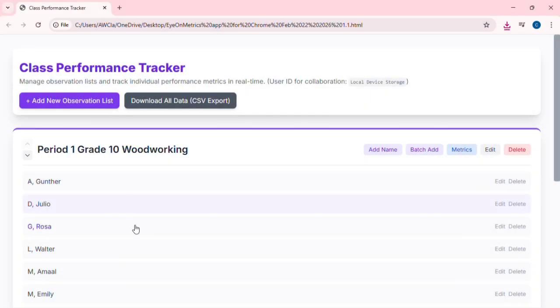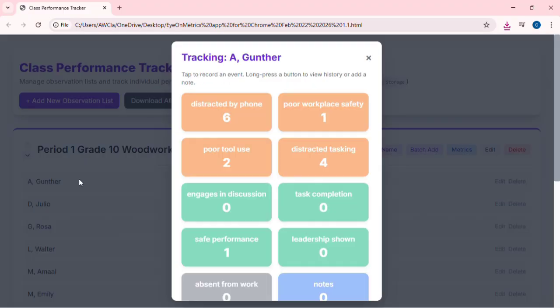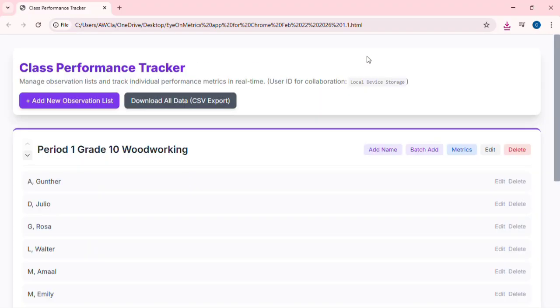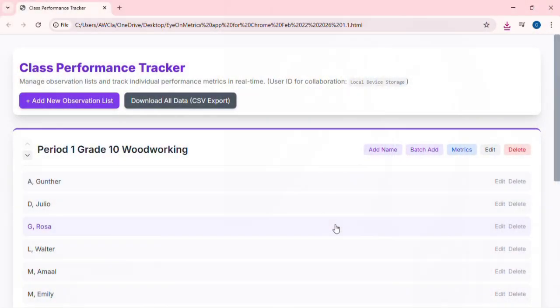Summary data sheets. Summary data sheets are a useful way to display a summary of observed metrics for each student. You can use this data for various purposes, such as student conferencing sessions, triangulation of data, report card commentary, or parent-teacher interview sessions. To access summary data sheets from the home screen, just long press on a student's name, and